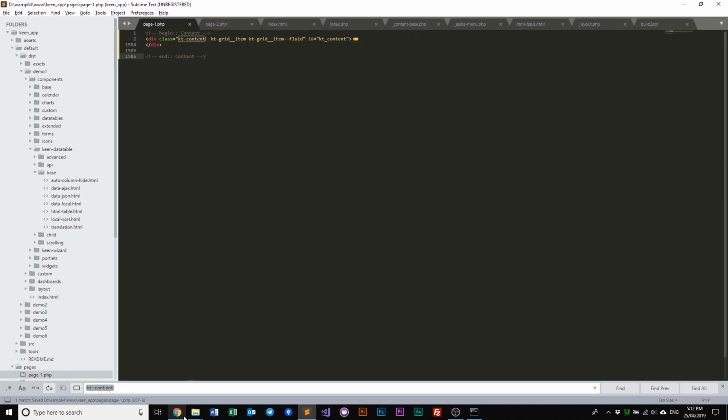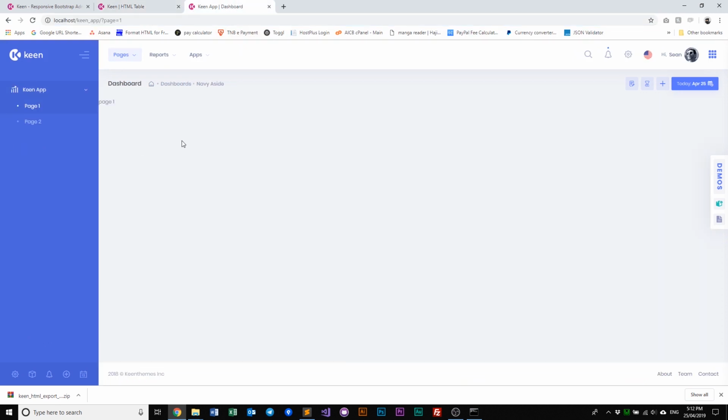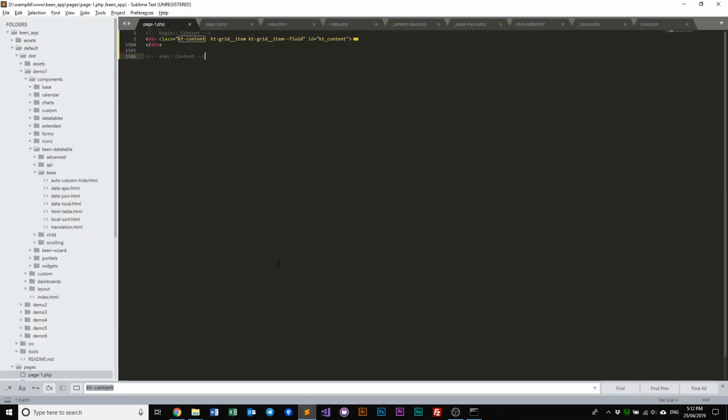Save, and that's it. So let's have a look at our project on page 1, refresh that, and our data table is somewhat working. It's semi-working, it's not fully working because the data is not loading. Now, why is that? If we have a look at our project, or in the source, where is our HTML